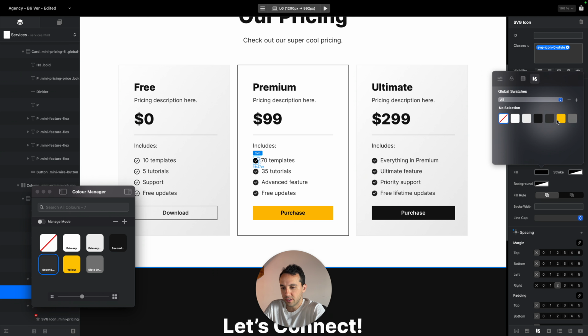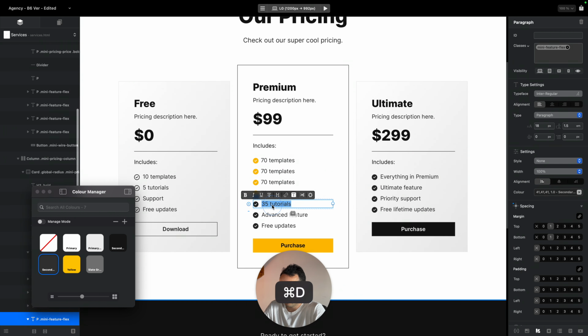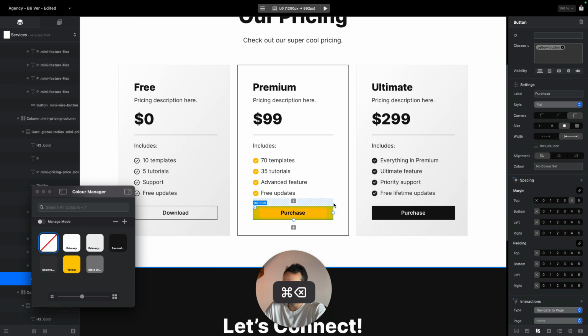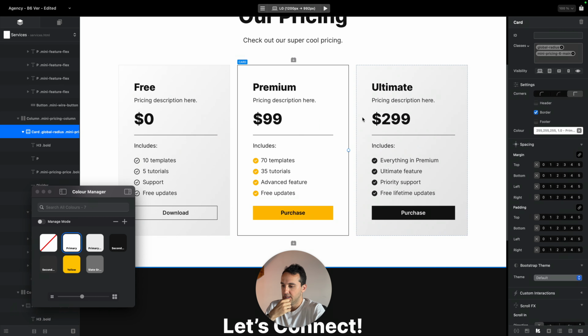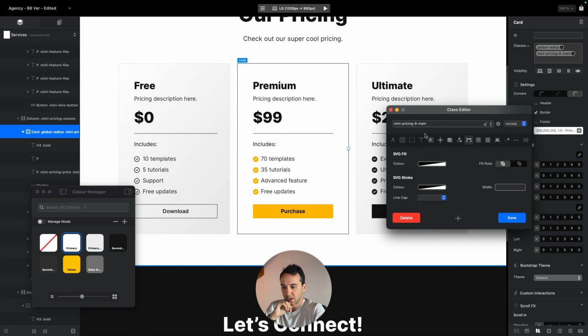And I will change this one to yellow. So let's copy paste the text here. Of course, we're not going to use this text if we were building a website. In your case, you need to put the real website text there. So this looks better. One thing I want to do here, I can actually select this mini pricing card, and